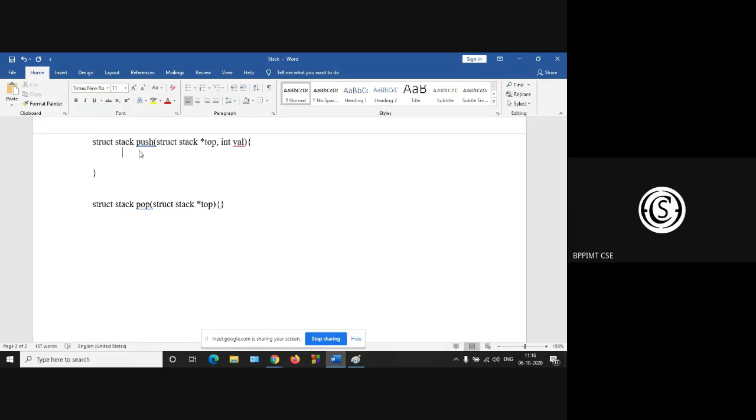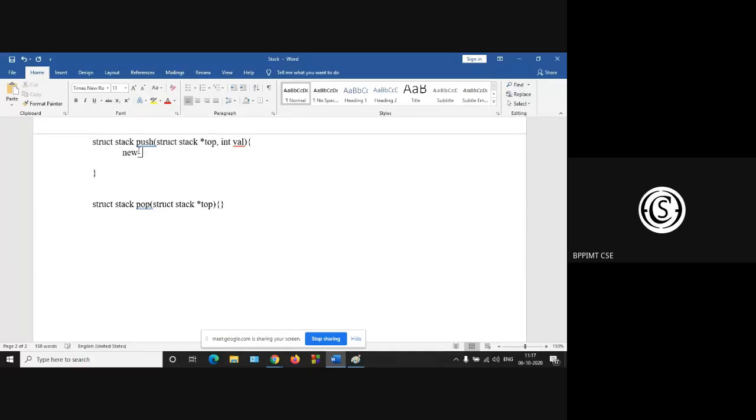So push function. How can you push if you are using a list? Any idea? First make a new node. Okay, very good.